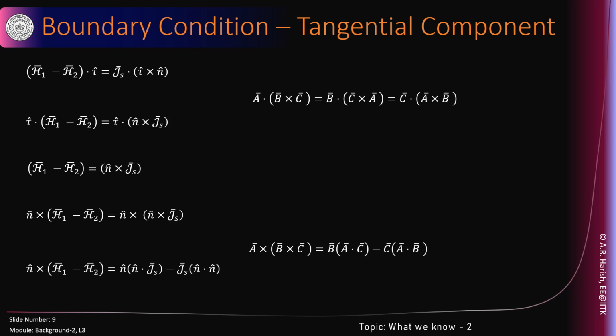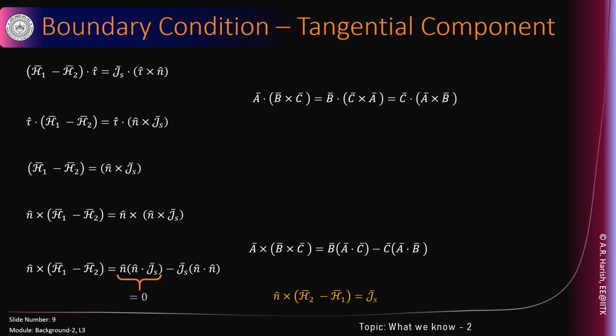Notice here N cap is a vector orthogonal to the surface S, the boundary surface S. Js is a surface current flowing on the surface. Therefore, N cap and Js are orthogonal to each other, and hence the dot product turns out to be 0. And N cap dot N cap is unity, we know that, and rearrange N cross (H1 minus H2) as (H2 minus H1), take the minus sign to the other side. What we have is a nice result, N cross (H2 minus H1) equal to Js bar. This is the boundary condition that is satisfied by the tangential component of the H field.